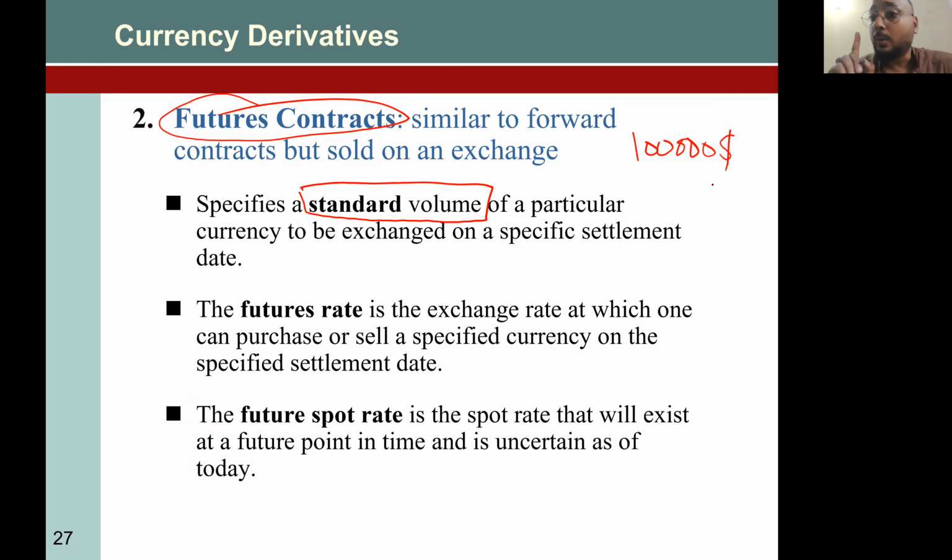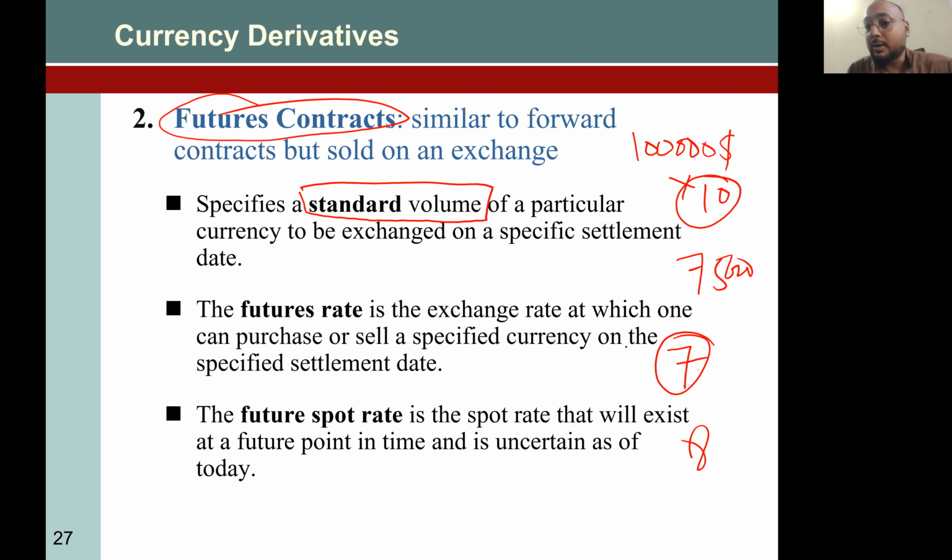If you need $1 million, how many contracts do you need to sign? 10 contracts. And if you need $750,000, how many contracts do you need to sign? Either 7 contracts or 8 contracts. If you sign 7 contracts, you will get 700,000. If you sign 8 contracts, you will get 800,000, because that is